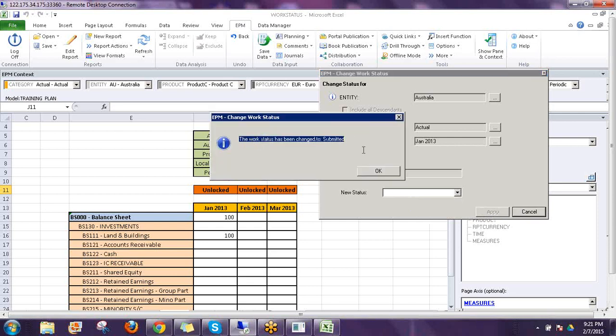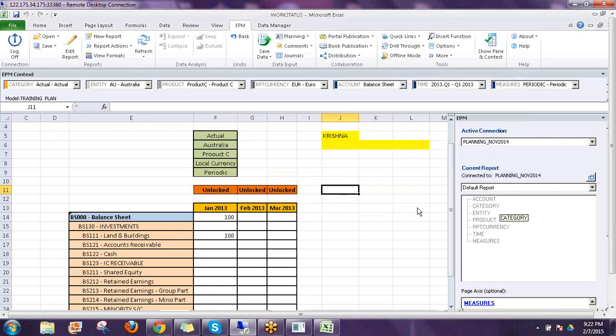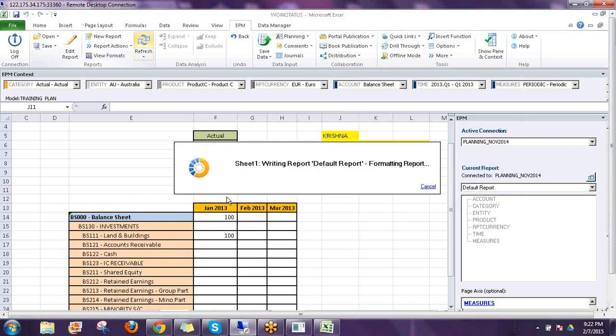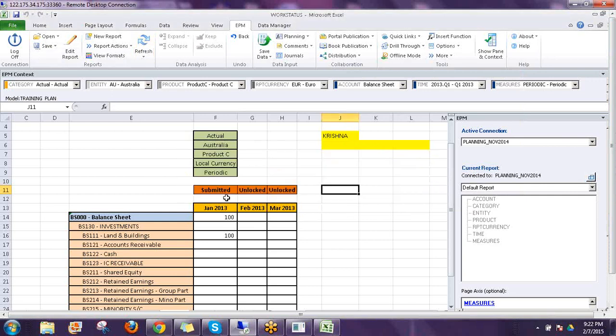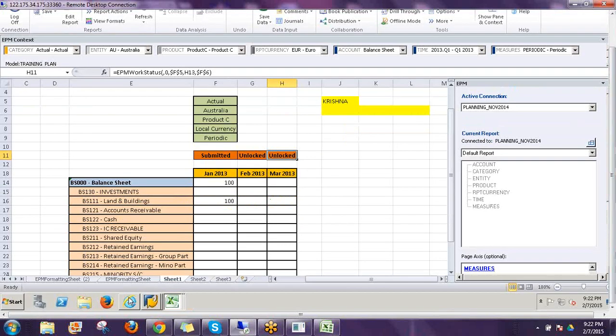So now the status has been changed to the submitted status. Press OK. Now you come here and refresh. Only the January month will be the submitted data. See, January is only submitted. Other months are in unlocked status. Now you go back to your